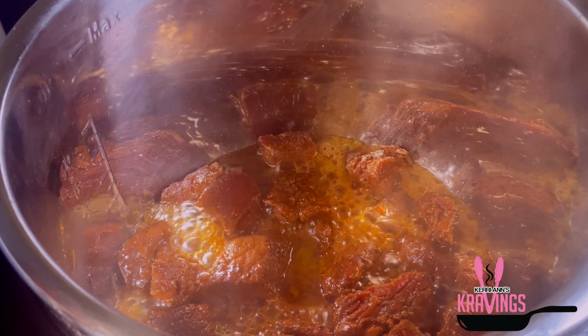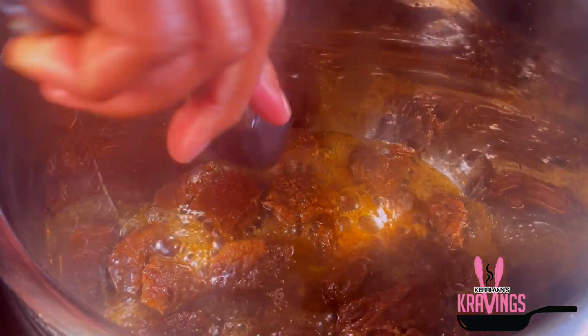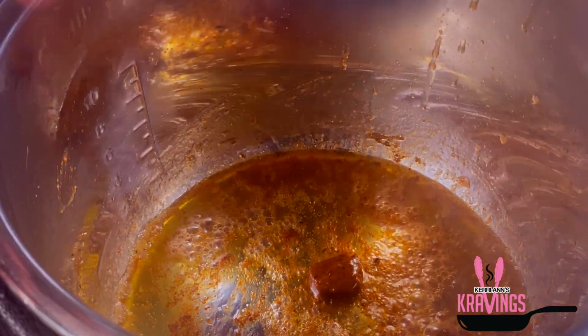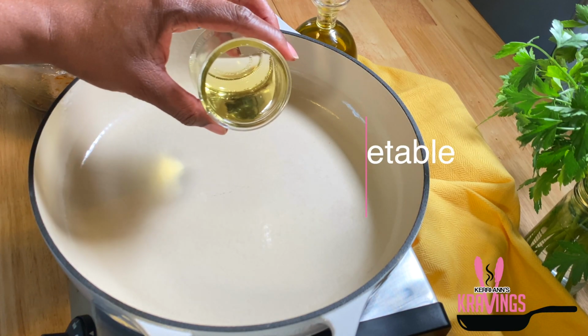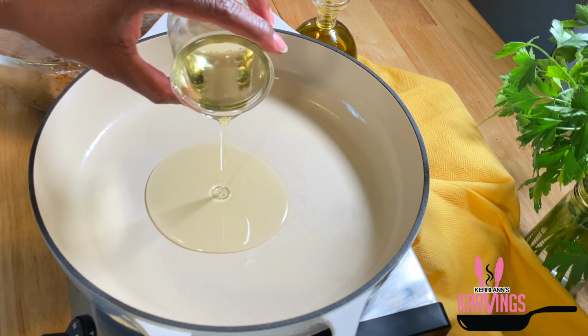So now I am going to remove my beef from my Instant Pot because there's no searing going on here. And I am going to use my brazier and I'm going to sear them off, and I'm going to show you the difference in a few minutes. So now let's call this searing 2.0. So I got my brazier out and I am going to add some vegetable oil and allow this to heat